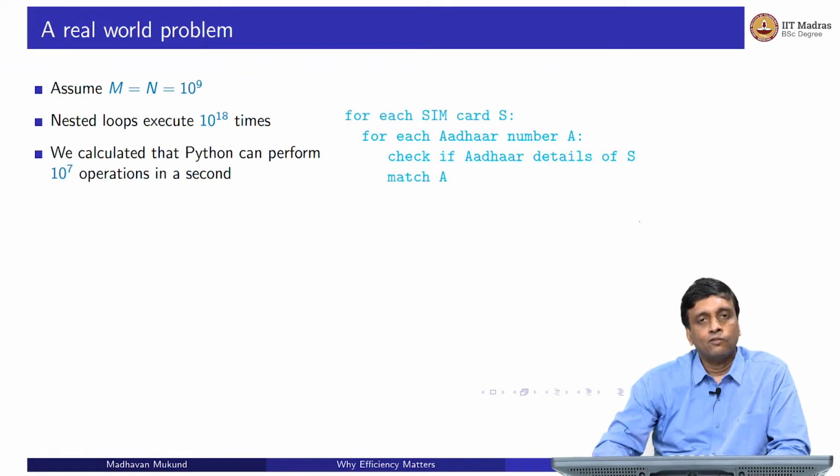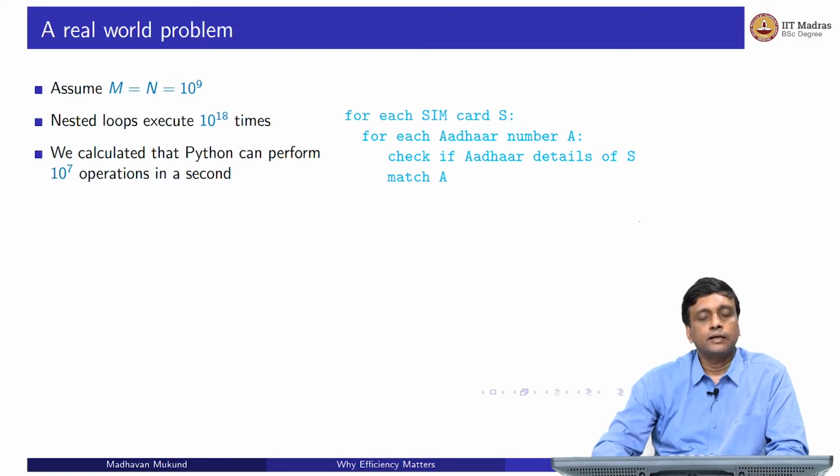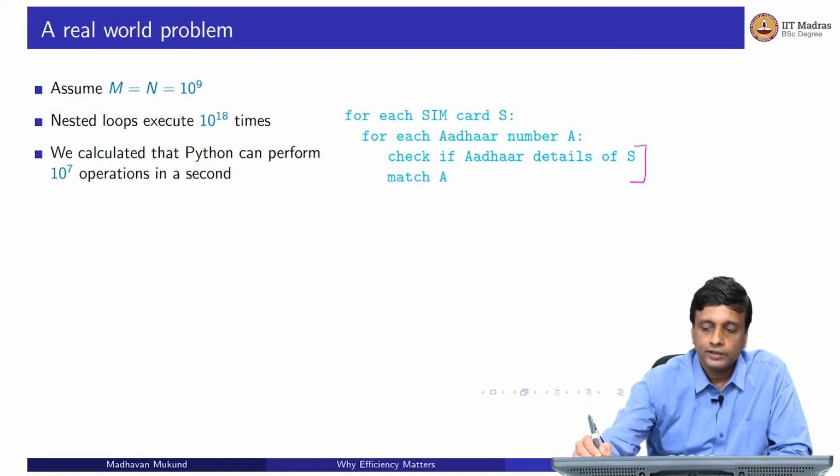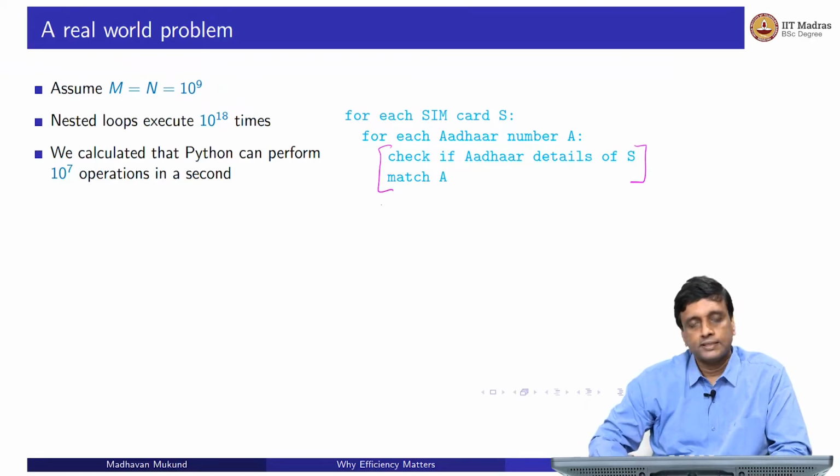We have already calculated, using the timer and all that, that Python can run about 10 to the 7 operations in a second. So, even if we assume that every time we run this loop, all this checking happens in some unit operations, it's just a very simple thing, even if there's just a basic step here, right. We have to do this step 10 to the 18 times,